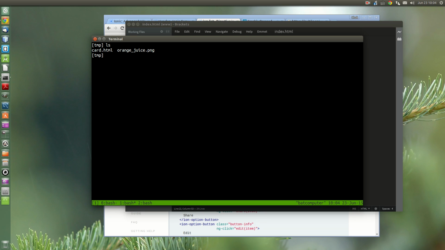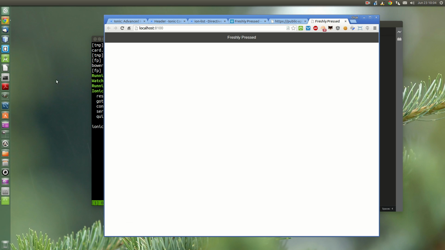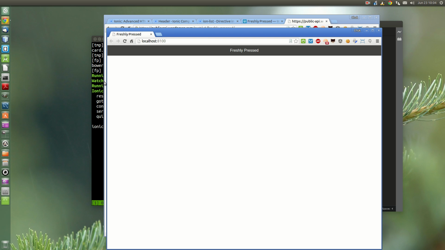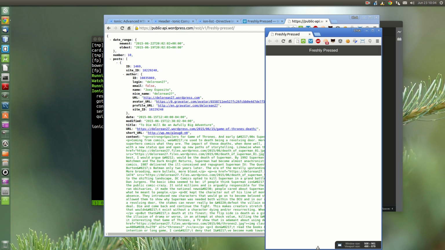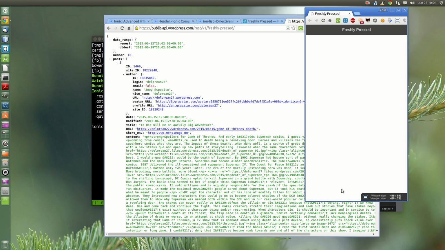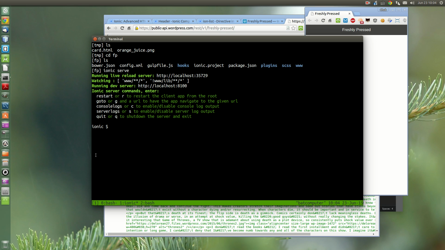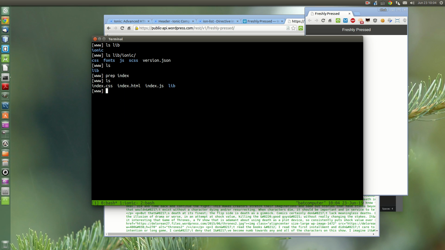So I'm going to use Ionic Serve, which will open up a browser like that. So let me just pull this up first and make this smaller so it looks more like a mobile phone. Okay, so something like this, a bit smaller. Okay, so now that we have got that,